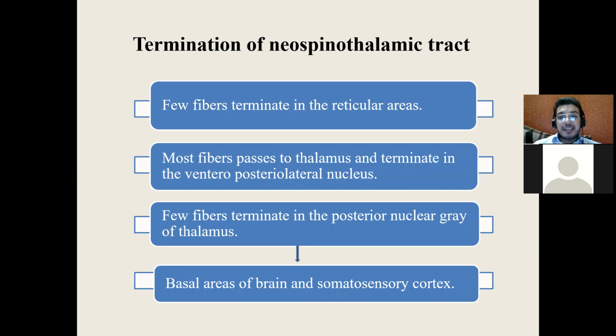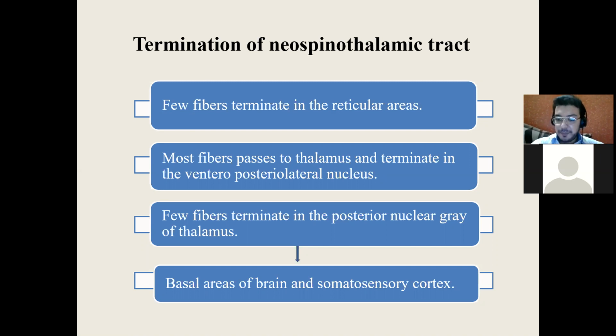So now you have to understand that a few fibers will terminate. When it is traveling all along towards the thalamus, it gives off something called the reticular areas. Then they travel in the thalamus. From the thalamus, it enters the somatosensory cortex. So the pain starts from the left, crosses in the spinal cord itself towards the right. From the right, it goes straight along the brainstem towards the thalamus. It gives off the reticular areas, terminates some fibers, and goes along. I hope you are able to visualize the previous picture which I showed, a straight picture. Then it goes to the thalamus. From the thalamus, it goes to the somatosensory cortex.